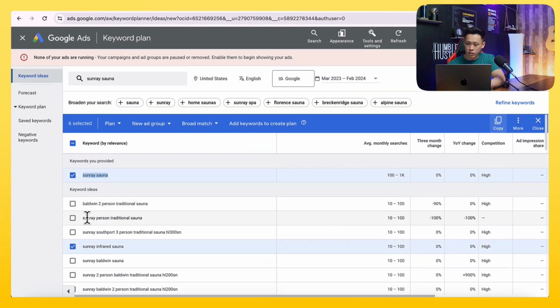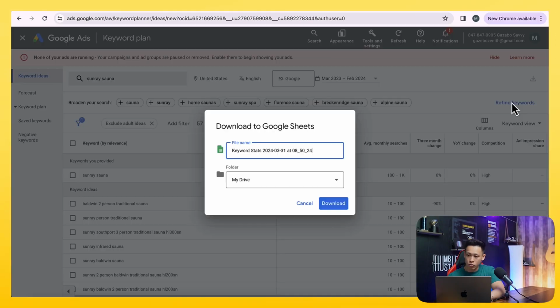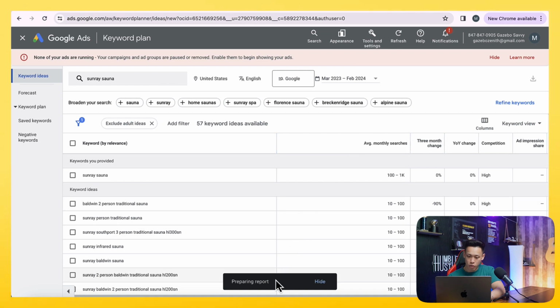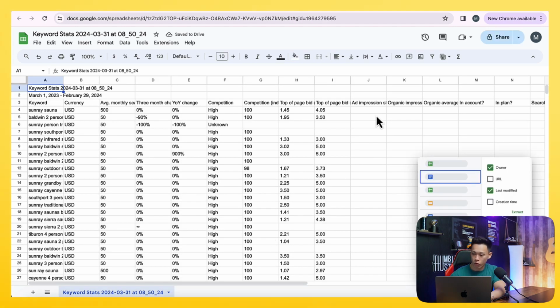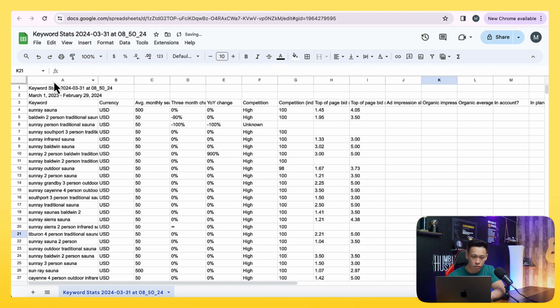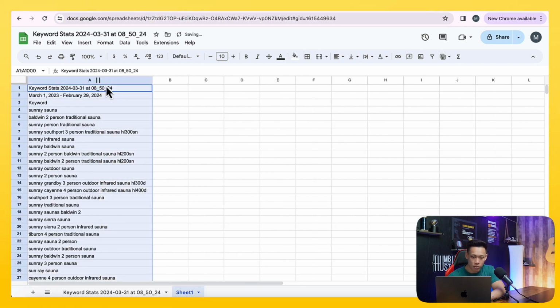So I have a better way to kind of sort this out. What I'm going to do is download this into Google Sheets. I'm just going to click download, and then it should open up. Preparing report. Watch this, fellas. You're going to click open sheet, and now you'll have all of the keyword terms for the brands that you are searching for. And then what you can actually do is just take this, put that into here, open it,